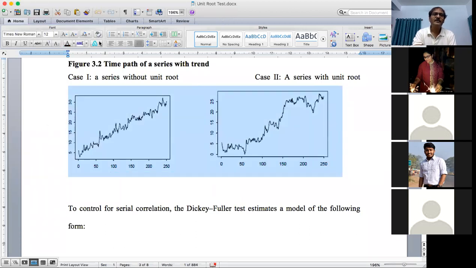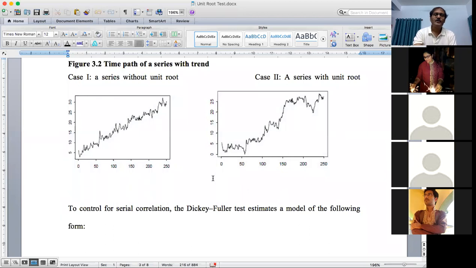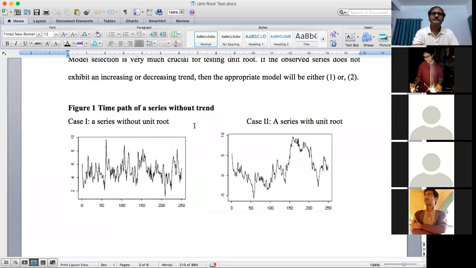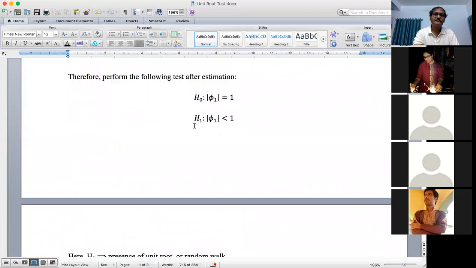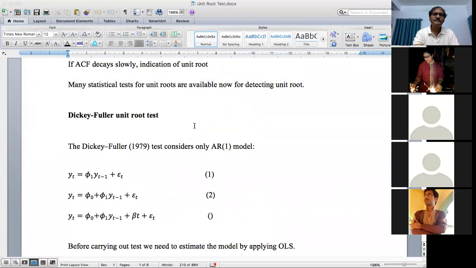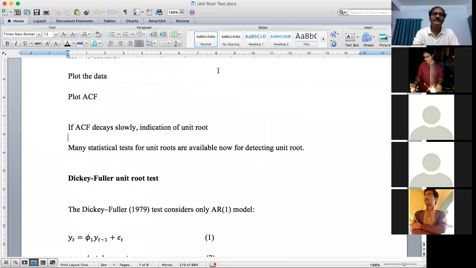So let us again come to our earlier discussion. If the behavior looks like this, there is a lesser possibility of presence of unit root. If the behavior looks like this, the possibility of presence of unit root is high. So after having some idea just by looking at the behavior of the series, then we can proceed for the